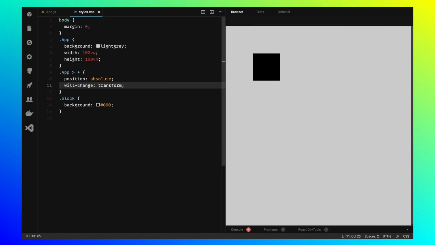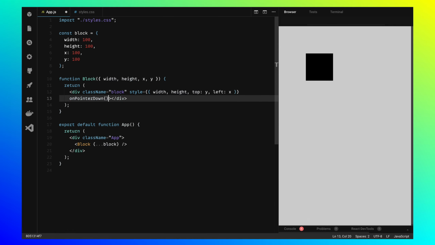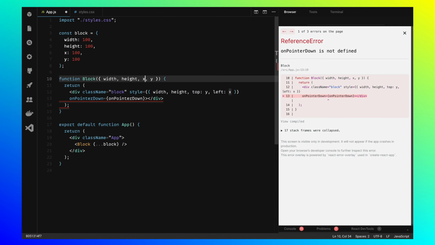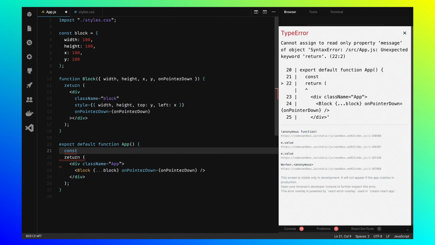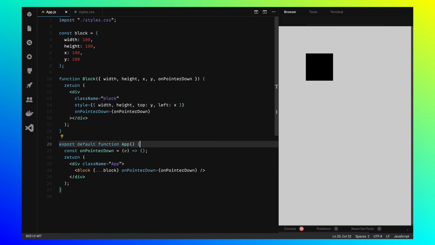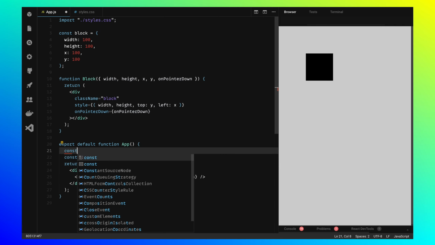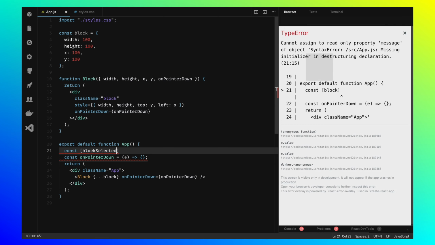Now we need a way to interact with the block, so I will start with an onPointerDown event handler. That's where the mouse pointer or finger on a touch screen is hitting a block. I'll create an event handler. And we also need some kind of state that would represent whether the block is selected or not.